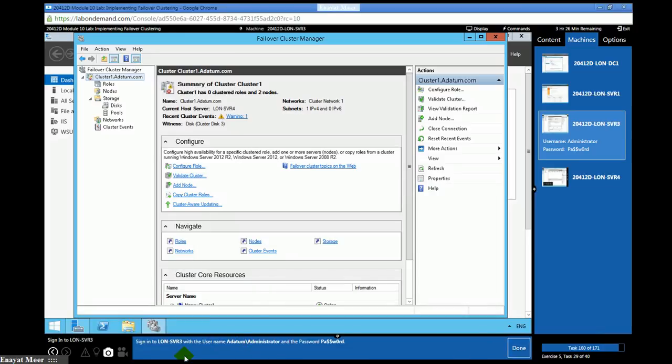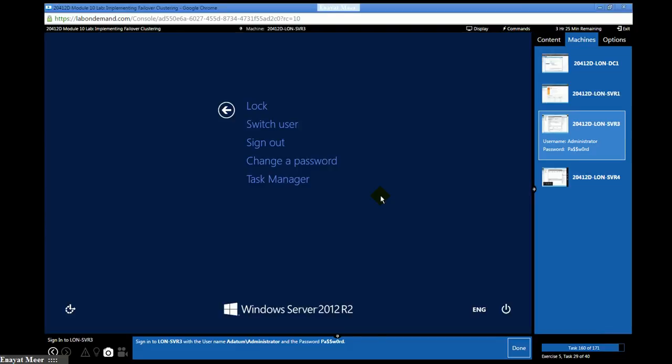So going back to SVR3, logging into SVR3, but we are already logged in. We can log off, we can close, we can log back in, just to make things updated or refreshed.